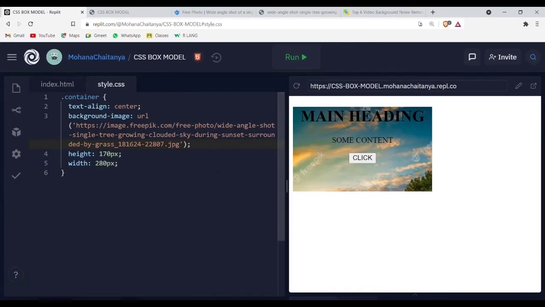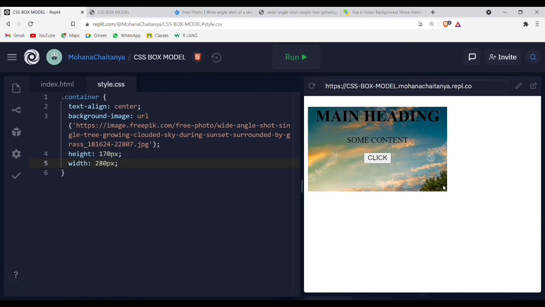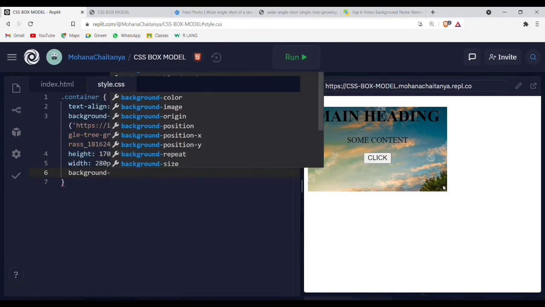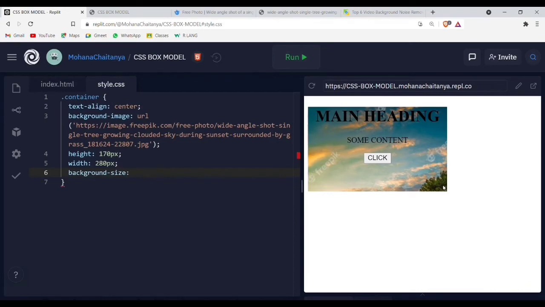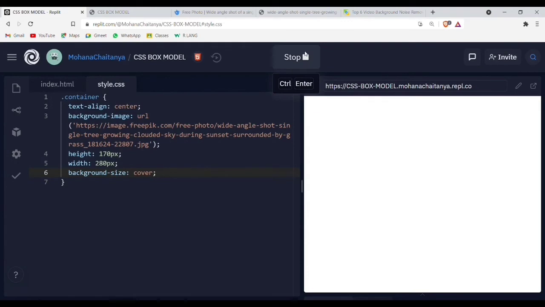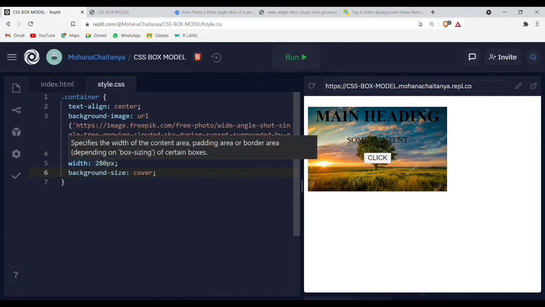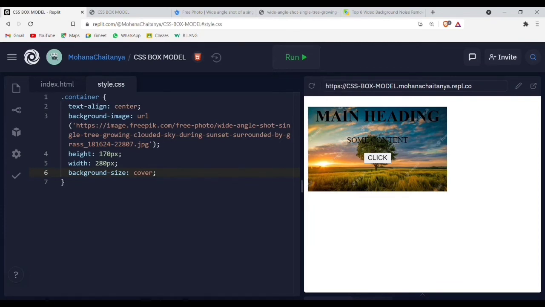Let's try to adjust the image. For that, we need to give the background-size property. Background size, and the value will be cover. Let's try to run this. See, the whole image is covered with a height of 170 pixels and width of 280 pixels. What if we need this image to cover this whole area? For that, we need to understand a word,